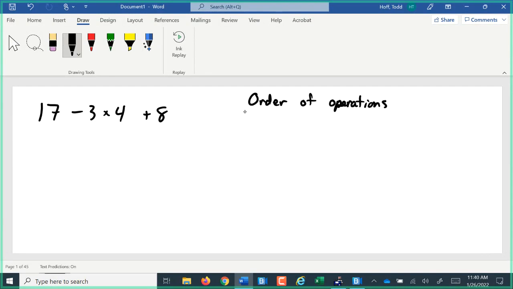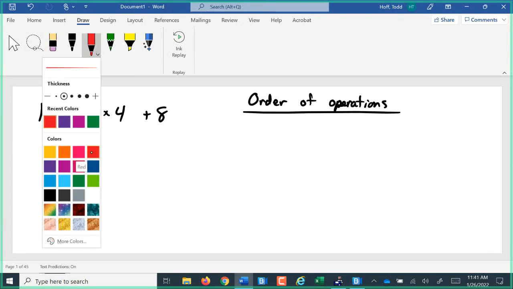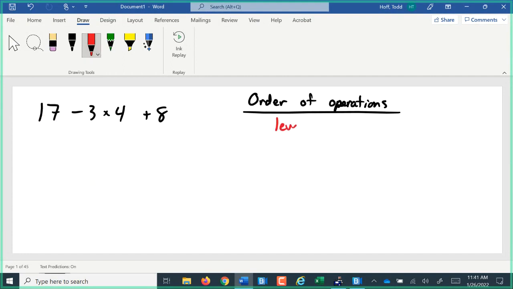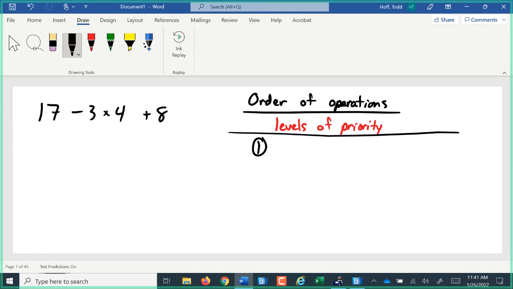A lot of people mistakenly think of order of operations as steps to solve the problem. It really is not a step-by-step process. What it really is simply levels of priority. Things that are on a higher level of priority have to be done before things that are on a lower level. So our highest level,